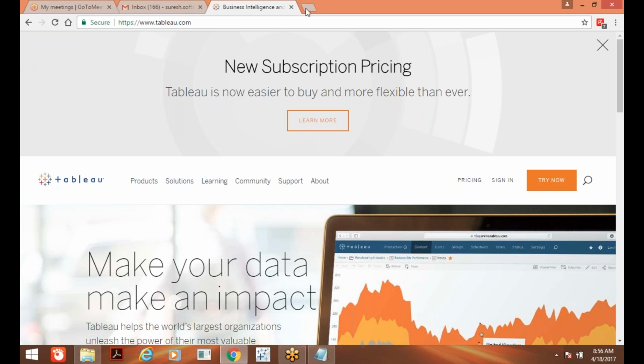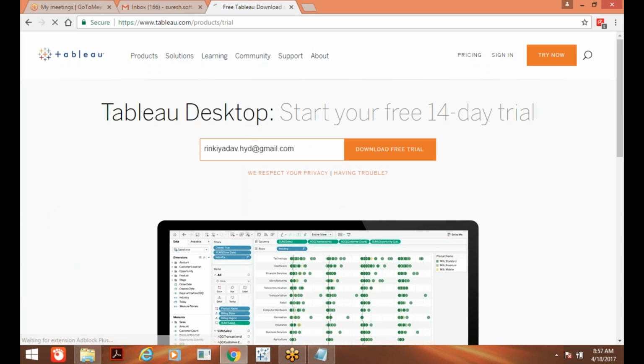Right? So whenever you open tableau.com, it will ask for try now. By default, it will download Tableau desktop only. If you click on this try now, it will ask for your mail ID first. It will ask for business mail ID, no problem, you can give your personal mail ID.